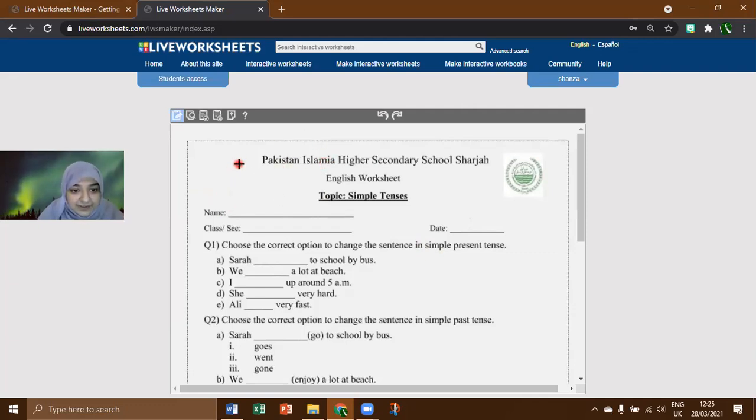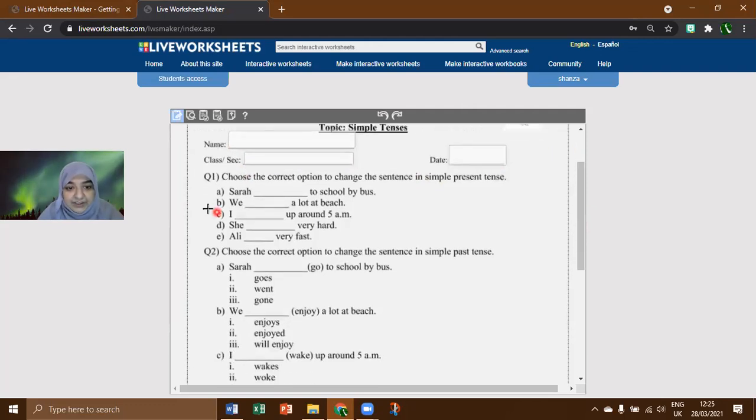You can see this plus sign on the screen along with that red dot, right? You're going to select the area where you want the students to write the response. You are going to create a text box for the class and section, and here for the date. This is obviously open-ended. The students are going to write it by themselves.